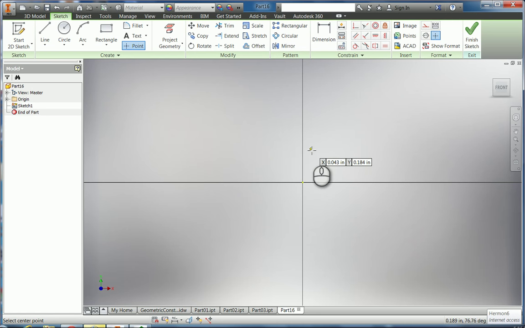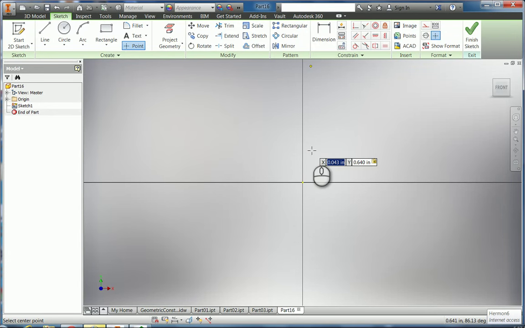I'm not going to click anywhere. I'm just going to click Tab. And my Y value needs to be 0.640, so 0.640 from the x-axis. And then my X value is how far over to the right. Well, if you look on the bottom, it's 3.040 all the way over to that far right point, and everything's measured from that far right point. So if you look at the point we're trying to put on there, it's 3.010 from the far right point also. So if you subtract those, you'll see that it's only